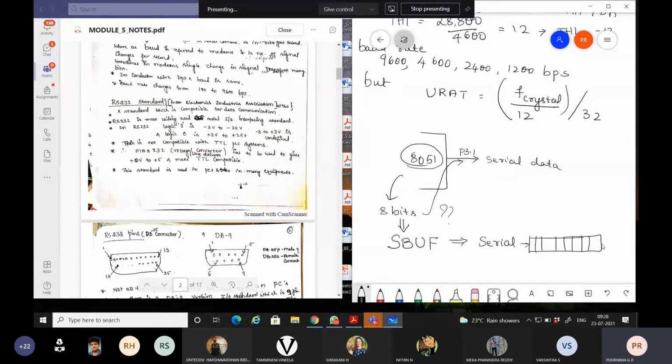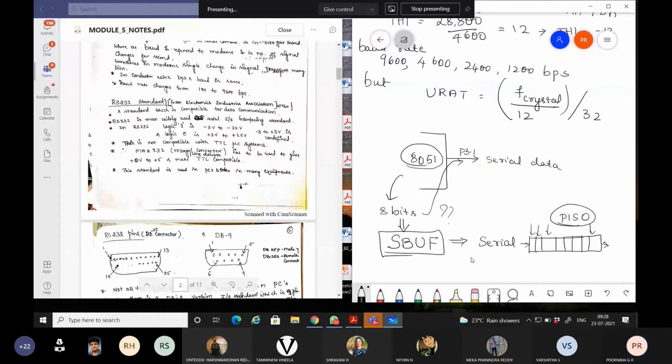So that should come parallelly onto this particular register. A parallel-in serial-out register needs to be used, and that register is an SBUF, the S buffer register. The data or the character to be transmitted should always come onto the S buffer